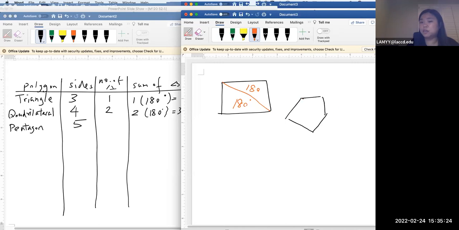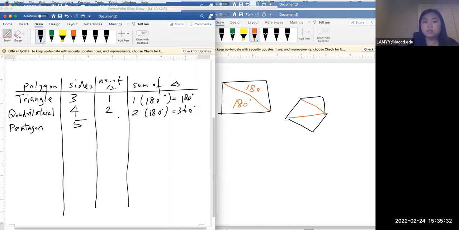5 sides, right? So I can cut 1 triangle, 2, 3 triangles, right? So here I could say, okay, I have 3 triangles. Each triangle is going to be 180 degrees. So 3 times 180, that will be 540 degrees. Make sense to you guys? So think about it, if I keep going that way,